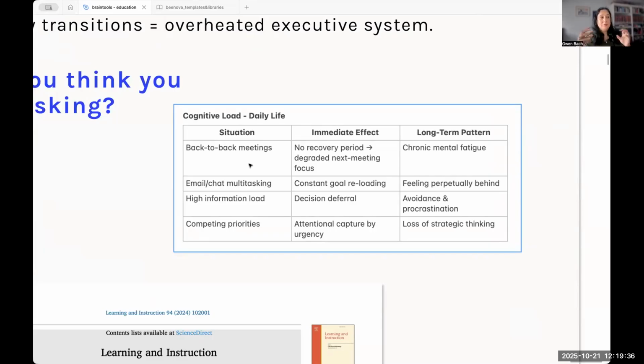And each meeting after that, we get more tired, we're less able to take in things or be the person that we could be in the next meeting. And it just drains us. And I think all of us have experienced that at some point. And that leads long term to this chronic mental fatigue. We feel like, gosh, I really need a break. I really need a vacation or something, because we just need to juggle so many things at once.